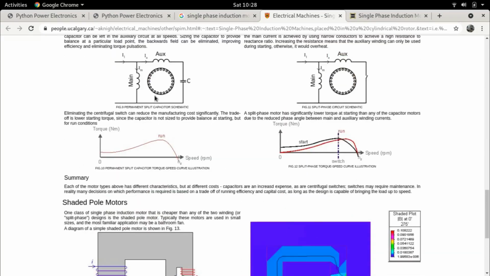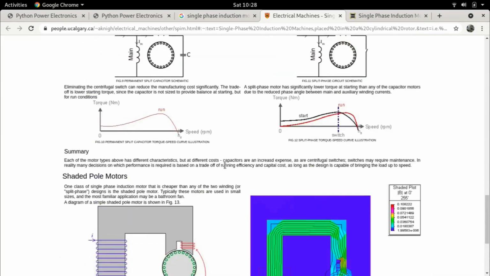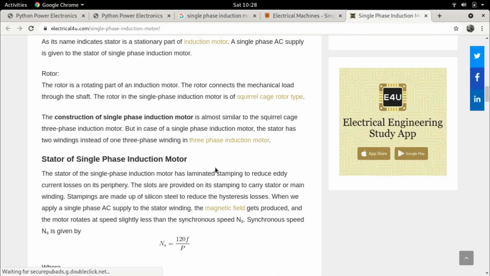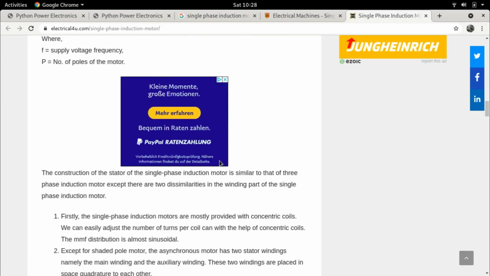But there are some details such as those of torque which it would be great if you're familiar with as we start simulating, because very soon when I start simulating, I will simulate not only the torque equations but also the mechanical equations, which is the mechanical load torque equation, using Newton's law of motion. We say that the acceleration is equal to the net torque, that is the torque which is produced minus the load torque which is existing.